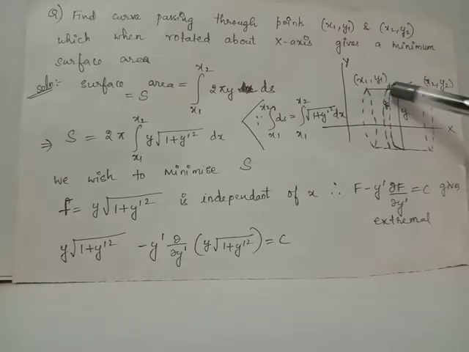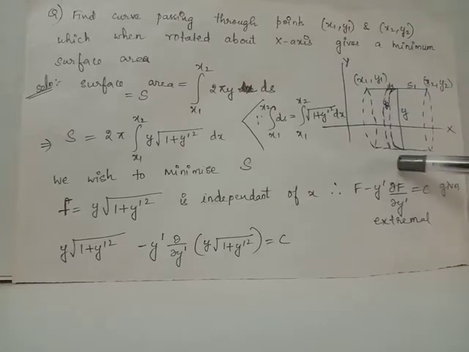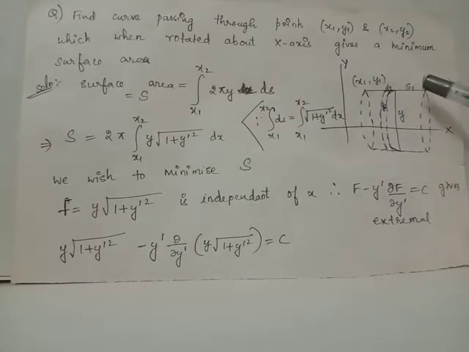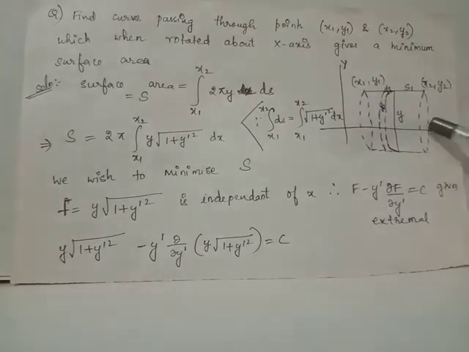Suppose ds is the small portion on the curve S1. When ds rotates about x-axis, it will generate a ring, and the radius of the ring will be equal to the height of the curve. Assume the height as y. Therefore, the ring generated will have radius equals y. Surface area of this small ring will be 2 pi y into ds. This ring has to move from x equals x1 to x equals x2 to generate the complete solid generated when this curve completely rotates about x-axis.